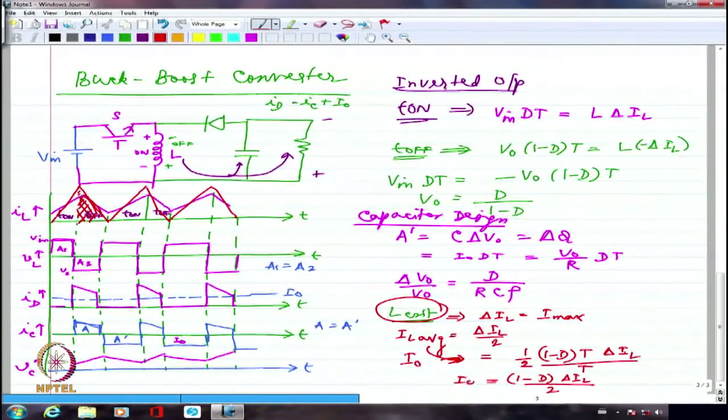Now we have to substitute for delta IL, probably in terms of V naught or V in, whichever is okay. So we can substitute for delta IL now in terms of, let us say, V naught. V naught is here. So V naught into 1 minus D multiplied by T divided by L. So I can say V naught into 1 minus D multiplied by T, because of which 1 minus D square, then I will have T divided by 2L. So in which case I have to write this V naught, and this V naught and this V naught I can cancel. And L I can take to the other side. So I will get L critical equal to, what is it? 1 minus D whole square